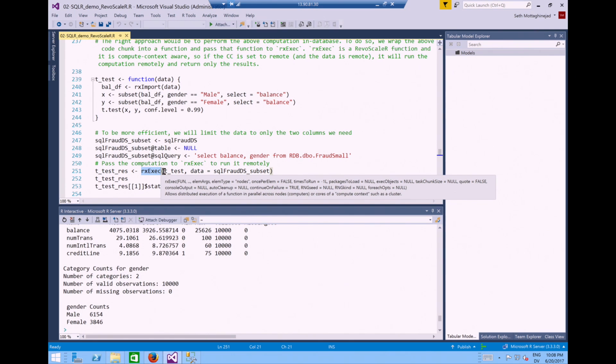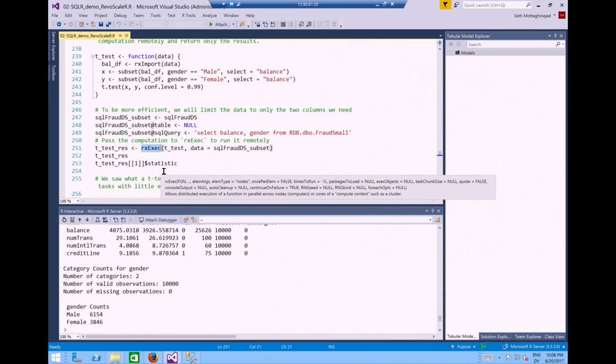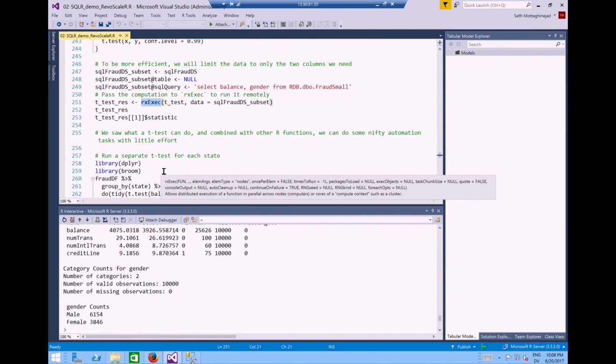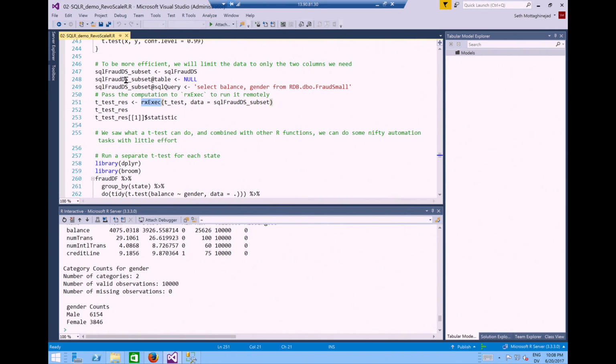Most of the examples in here are using the R server functions directly. And for those, we don't have to do anything. It just looks at the compute context and does its magic. Open source R functions are not aware of the compute context. We need to run them explicitly in the remote compute context, which is what the rxexec function does for us.